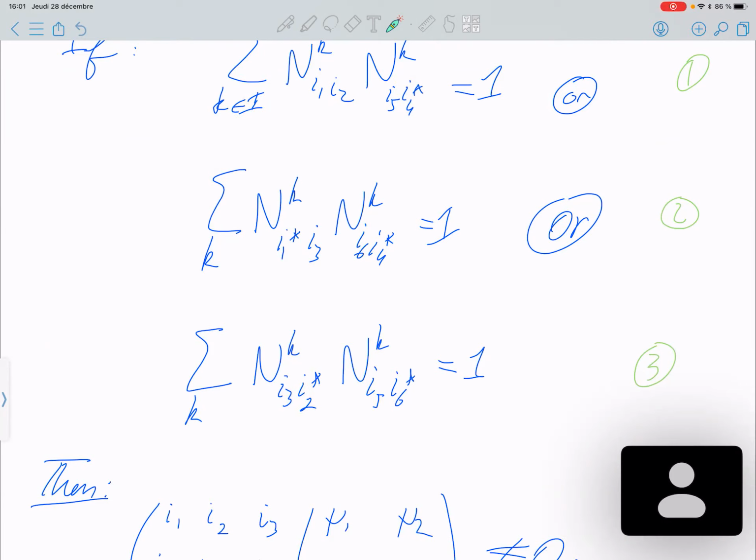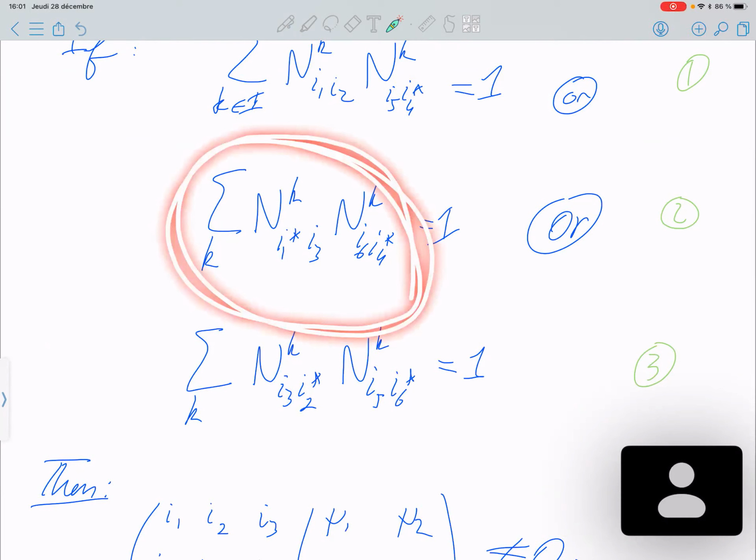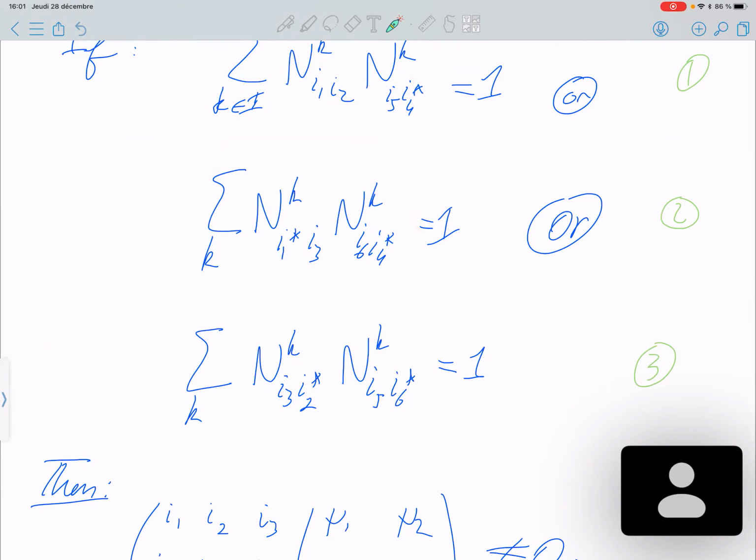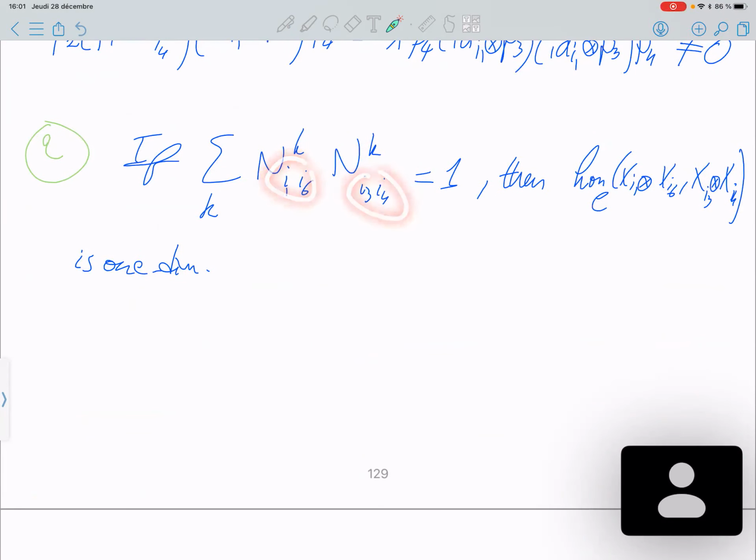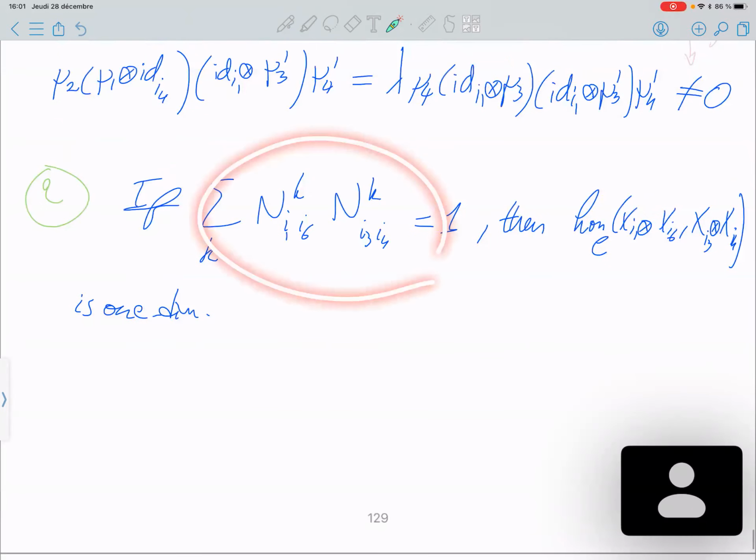I'm not sure we really need to write it this way. So this is a little bit different. The k are in the same place, but you see here is I1 star, I3, I6, I4 star. Whereas here it's I1, I6, I3, I4. So I don't understand the point of changing this. Let me write 9.2 I1, I6, K, N, I3, K, for the statement. Anyway,